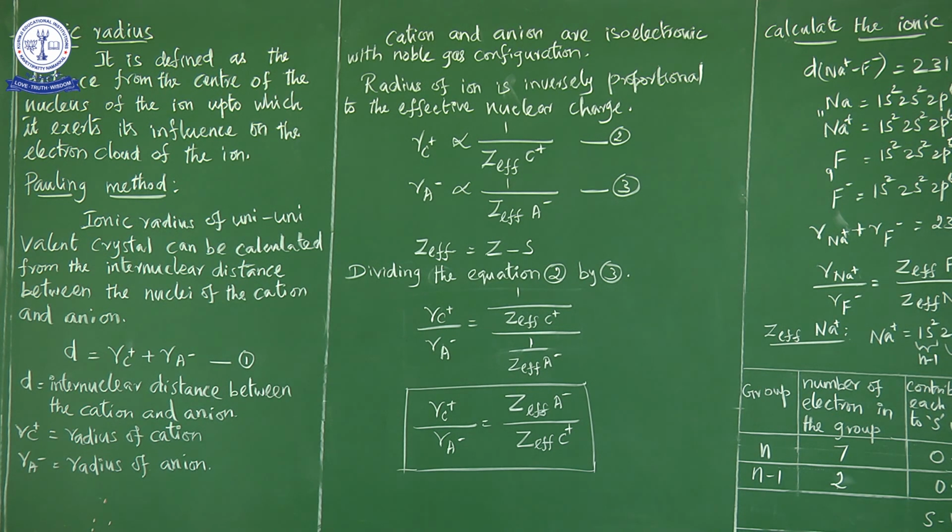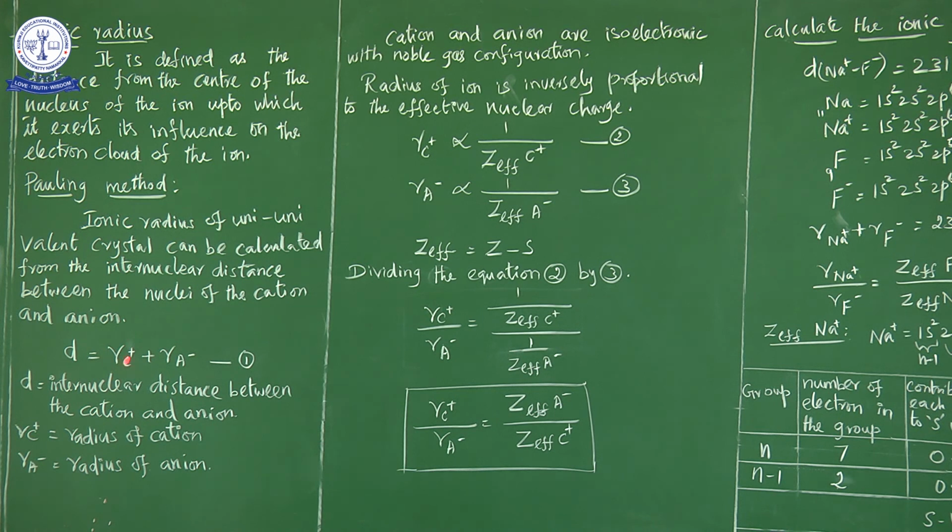But ionic radius is calculated for the cation and anion, from the internuclear distance between the cation and anion. So how do we denote the distance in between the nucleus of the cation and the nucleus of the anion? D. So D is the internuclear distance between the cation and anion. And Rc plus: R indicates radius, as we saw in the atomic radius and covalent radius calculation, Ra is the radius of an atom. So here R indicates radius. And why do we give C? Cation. The first letter for the cation is C, which carries a positive charge, so C plus.